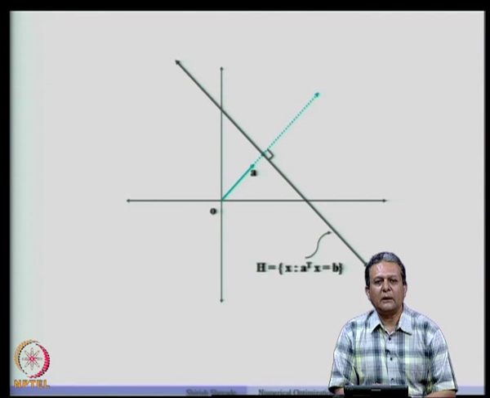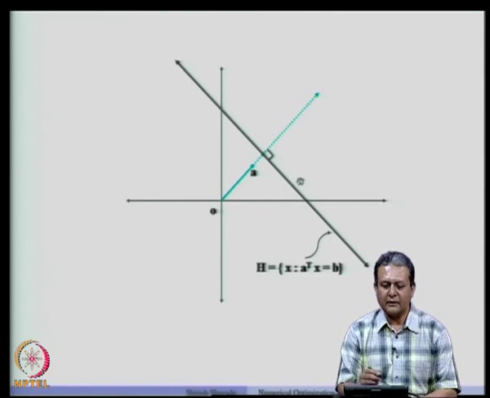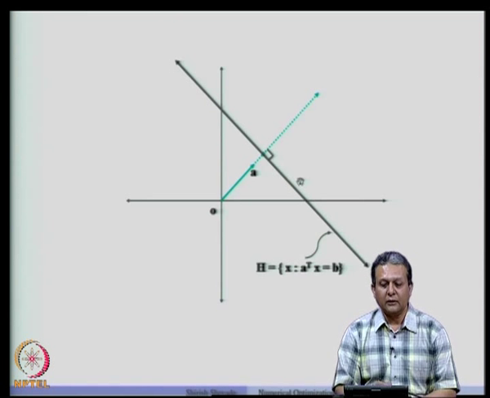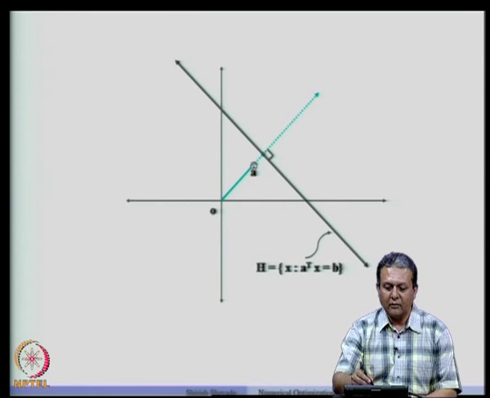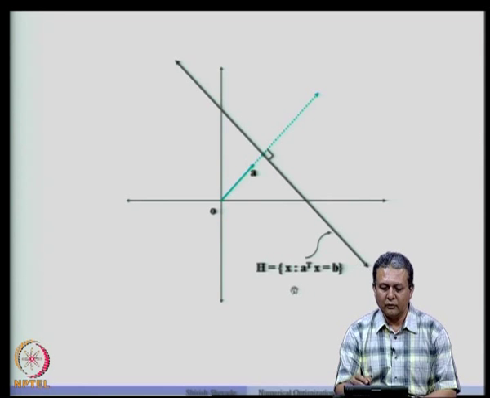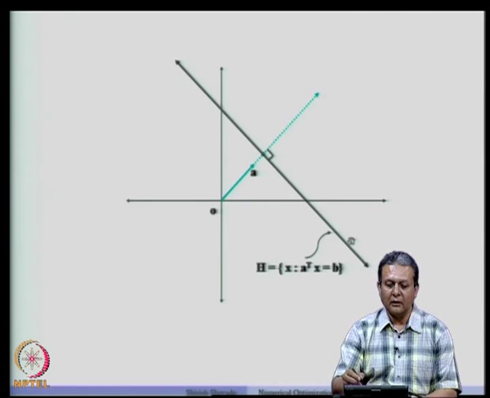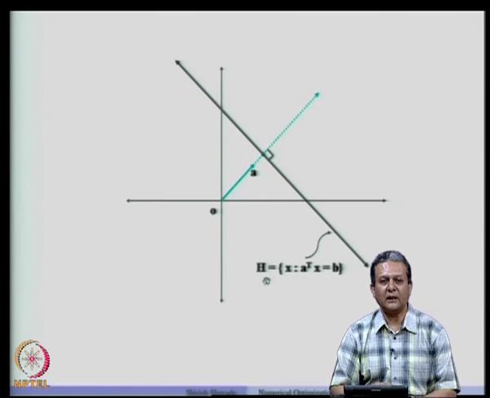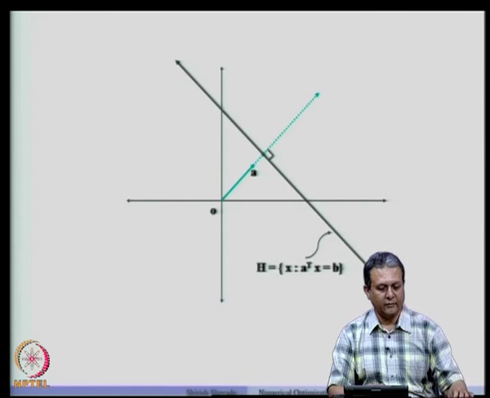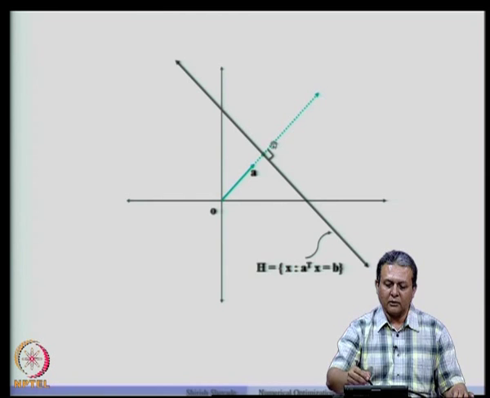So, again let us consider a 2-dimensional case, but the ideas are essentially the same for high dimensional cases. So, we have vector A which is pointing in this direction, and let us consider the set which is shown by the black line as the set of all points x such that A transpose x equal to B. So, A transpose x equal to B is an equation of this hyperplane, and if we collect all such x's that forms the set H, that is called the hyperplane. So, remember that A is normal to this hyperplane.